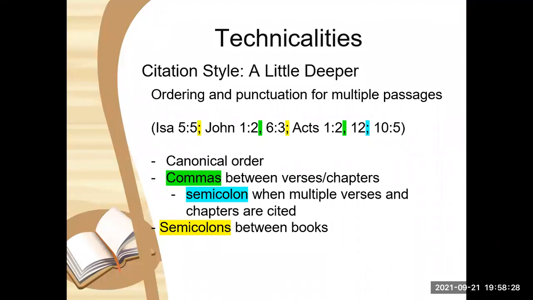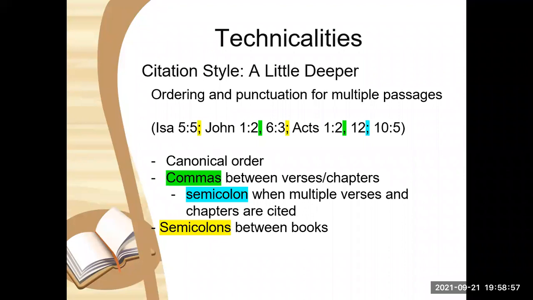But if you're looking at Acts, I have Acts chapter 1, verse 2, and then verse 12. Well, then when I cite a new chapter, I need something to signal my reader that I'm doing a different chapter. Because otherwise, you might think that I have a typo. Maybe I mean also verse 10 and verse 5. I don't know. But I want to be able to signal, yes, these two verses are from chapter 1,